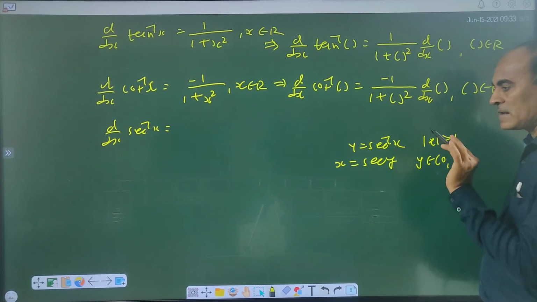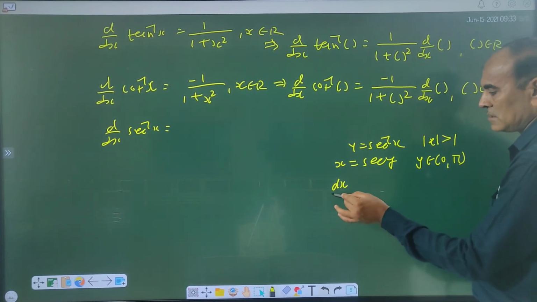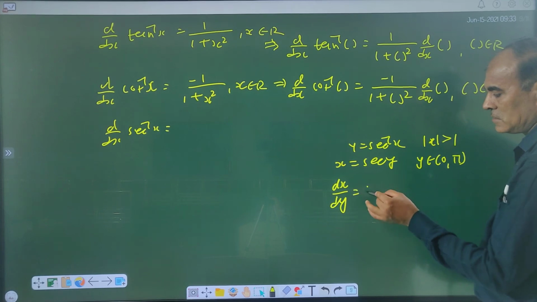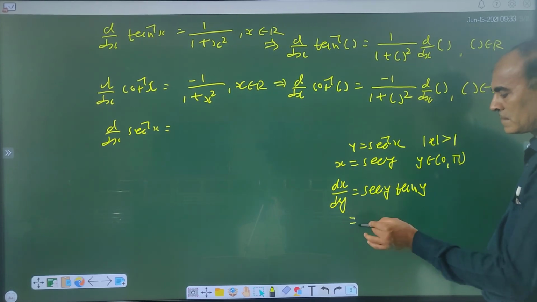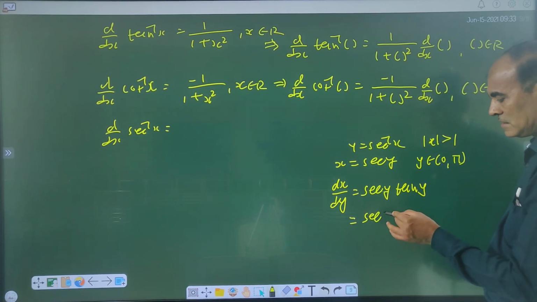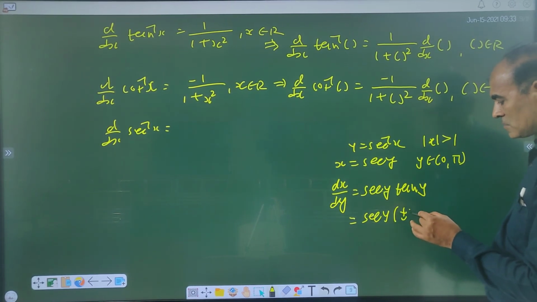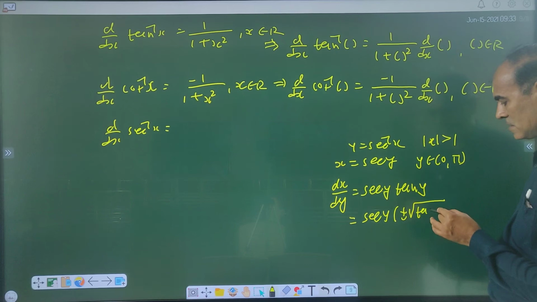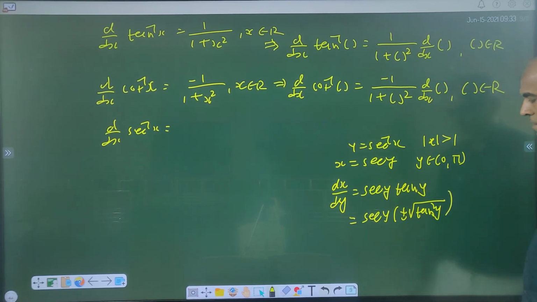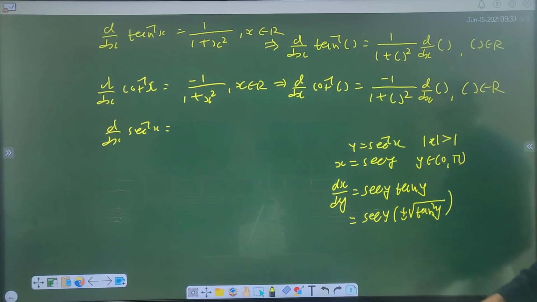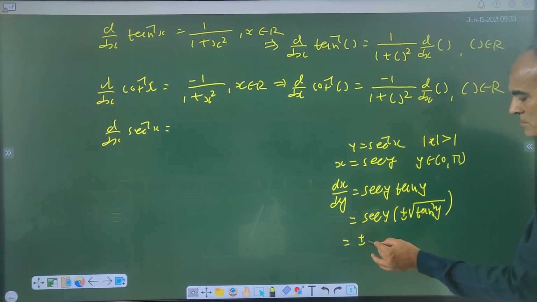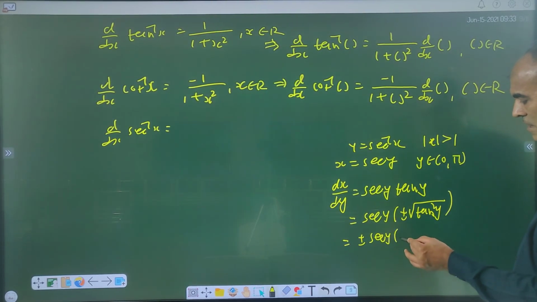So dx by dy is equal to sec y into tan y. So that is sec y, here plus or minus under root tan square y. Why? In the first quadrant it is positive, in the second quadrant it is negative. So here plus or minus sec y